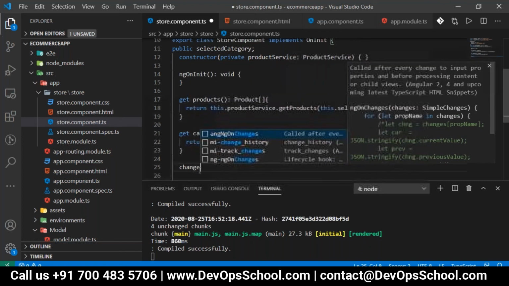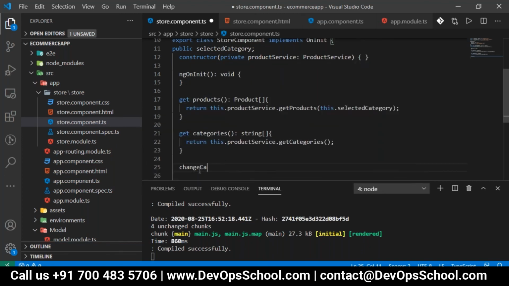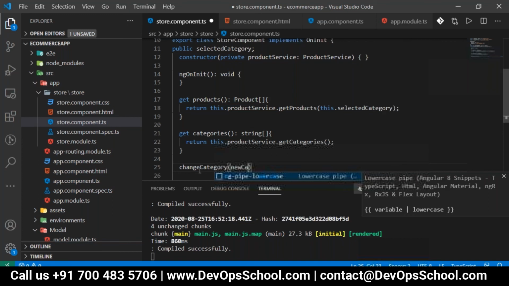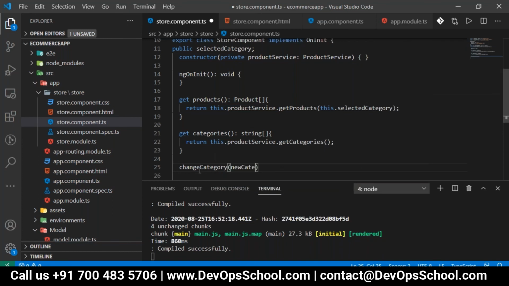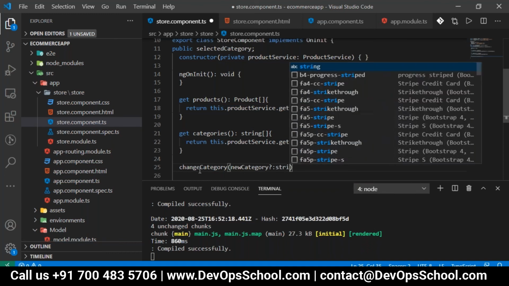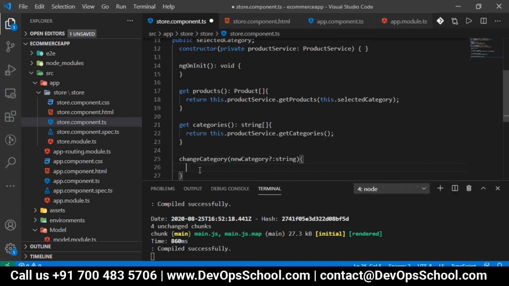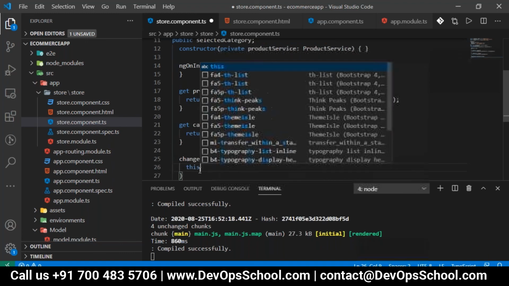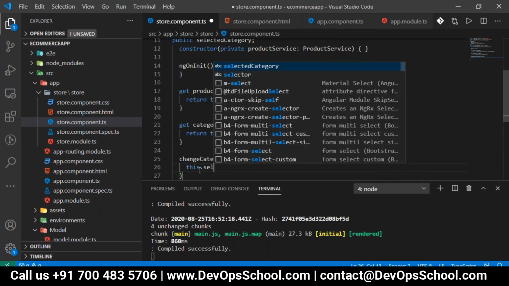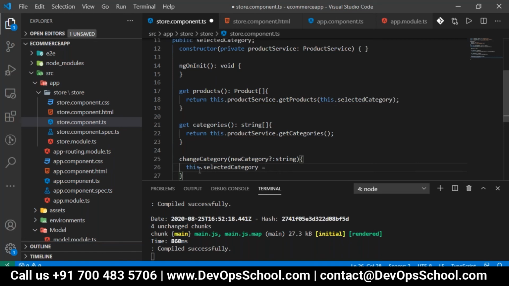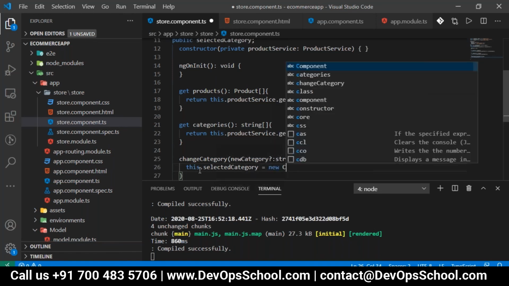So I'm taking here changeCategory, with the new category you are passing, and it should be an optional field, so I've taken here newCategory. Then this.selectedCategory is assigned the new category.